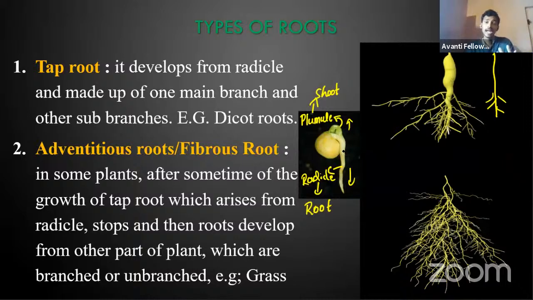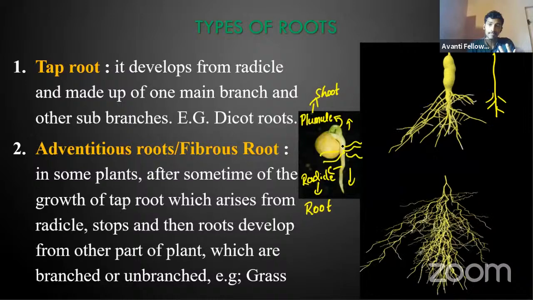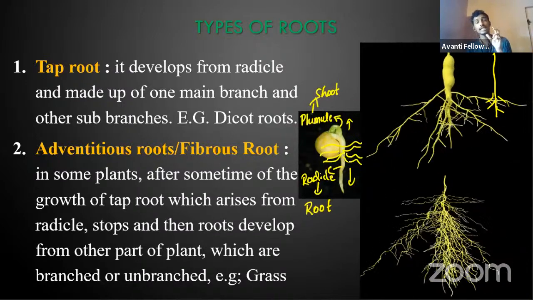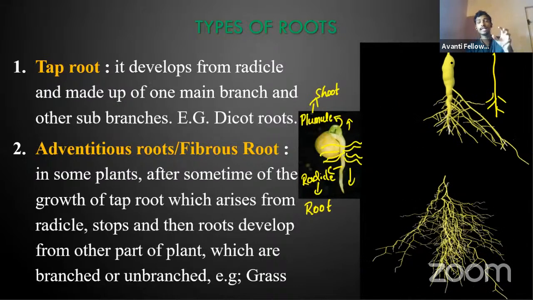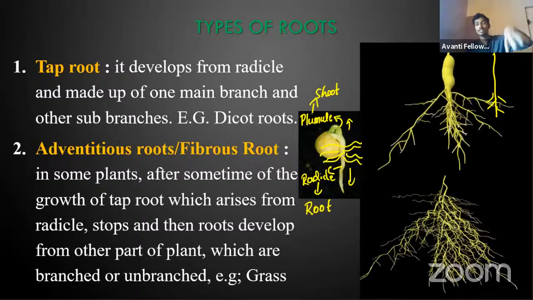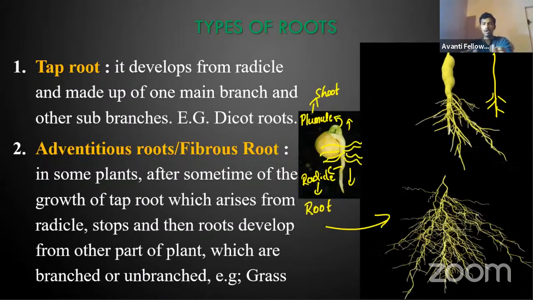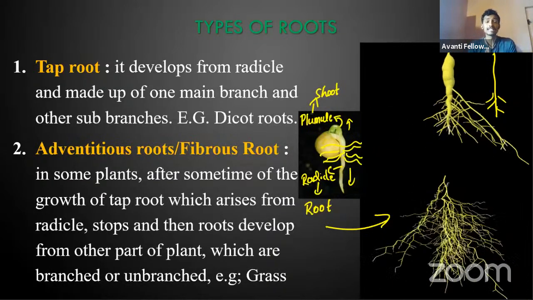Radical stops there, but from the base points, the roots are developing. So it doesn't give just a single root, it will give multiple roots. Those multiple roots will develop into a fibrous form, as you can see here. It will give a fibrous, meshy kind of structure. That's what we call it as the